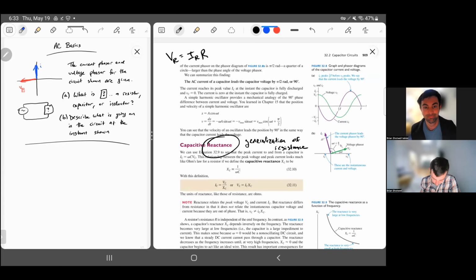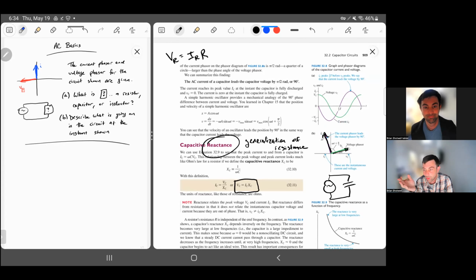There's some maximum value of current in this circuit, by which I mean the AC source with the capacitor. There's some maximum amount of current, and there's some maximum amount of voltage, right? It's the magnitude of these two phasors. And so what we write is we want a relationship between the two that looks a lot like Ohm's law, V equals IR,